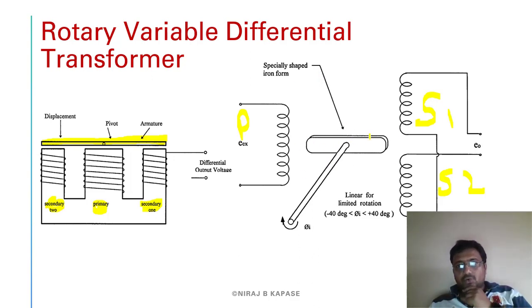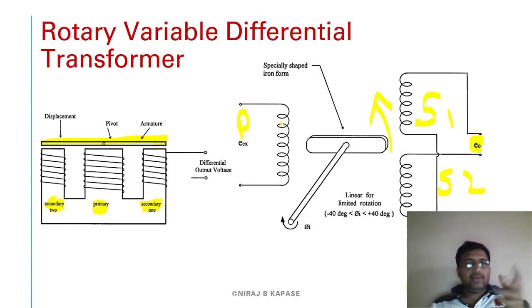So whenever this rotates, the induced flux will change. Suppose this rotates to this side, then the flux on this particular coil will change. So this is the output E0, or voltage, that you will get here. The flux is what you measure, the EMF you will measure. Because of that, we get a change in the induced EMF, and we are going to measure that.